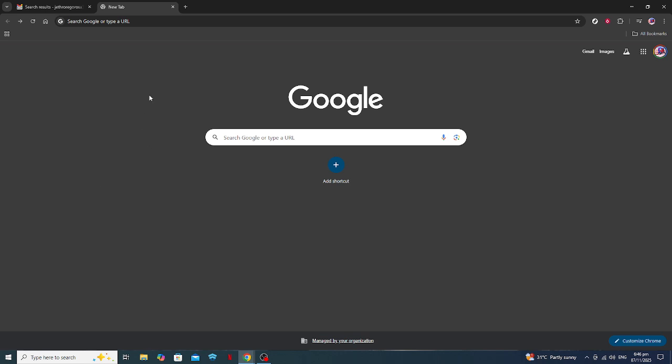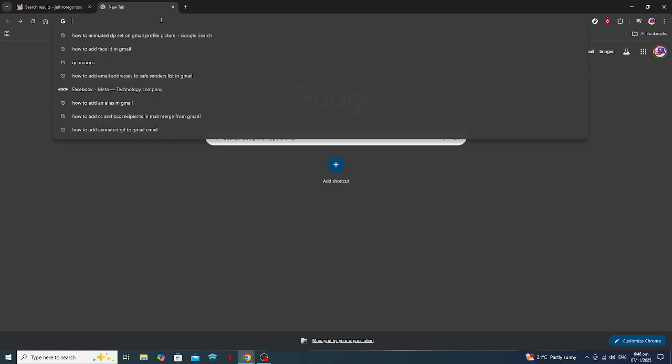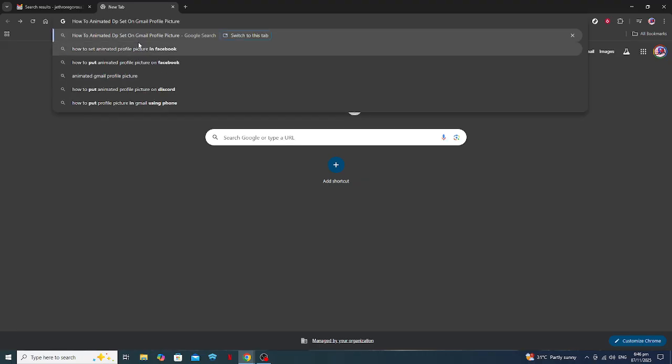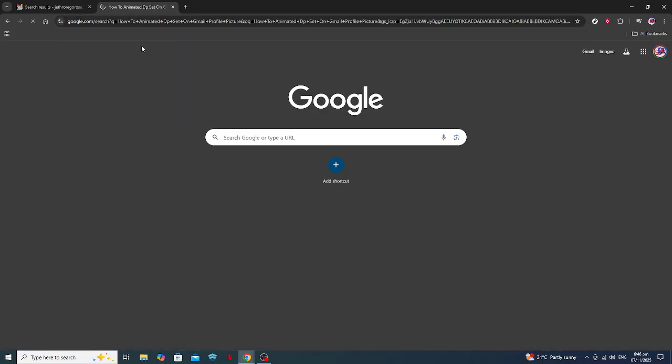Open your preferred web browser and navigate to Google. In the search bar, you'll want to type "How to set an animated DP on Gmail profile picture" and hit enter. This will pull up a variety of guides and resources that can help you with the specifics. Click on the link that appears most relevant to your needs or that takes you to a guide you're comfortable